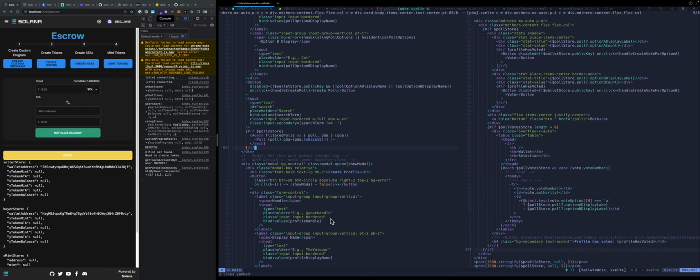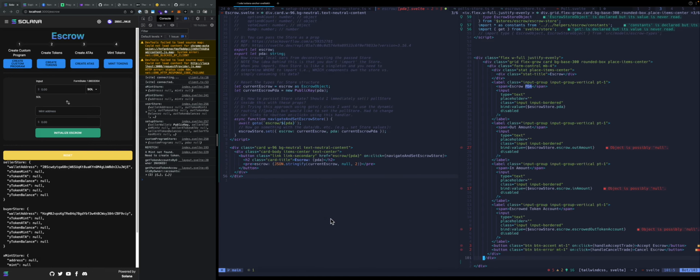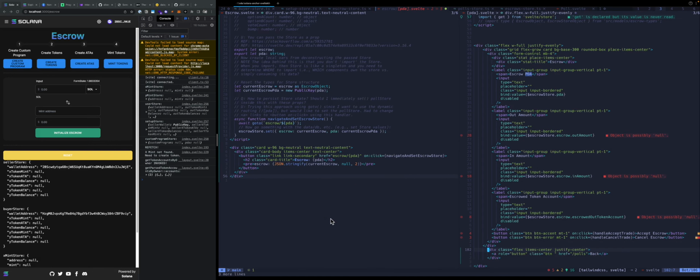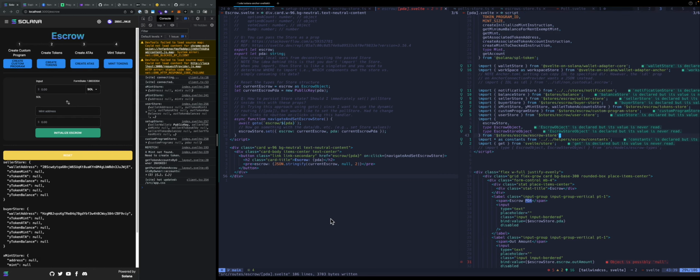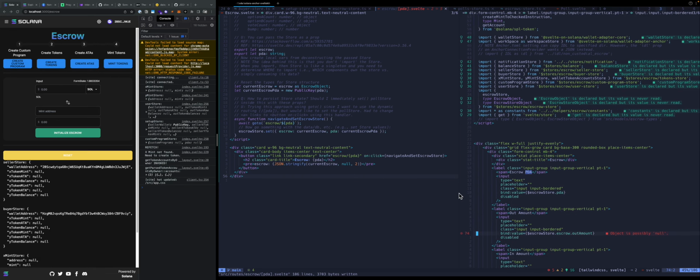Okay. Nothing complicated there, but it's a button, it's a link. It's going to go back to escrow. That kind of does that. Now, object possibly being null. So when we go here, we are setting the single escrow store. Yeah. So when we arrive here, these should be